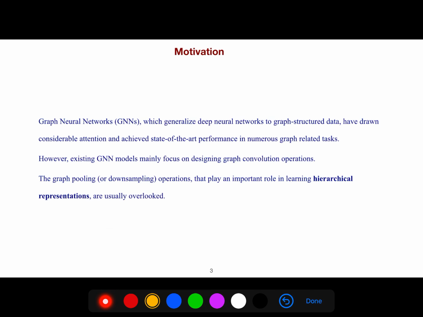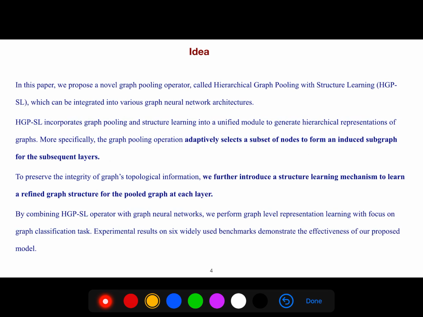Graph neural networks, which generalize deep neural networks to graph-structured data, have drawn considerable attention. However, existing GNN models mainly focus on designing graph convolution operations, while the graph pooling operations, which play an important role in learning graph representations, are usually overlooked. So downsampling is overlooked. We propose a novel graph pooling operator called HGP-SL, which can be integrated into various